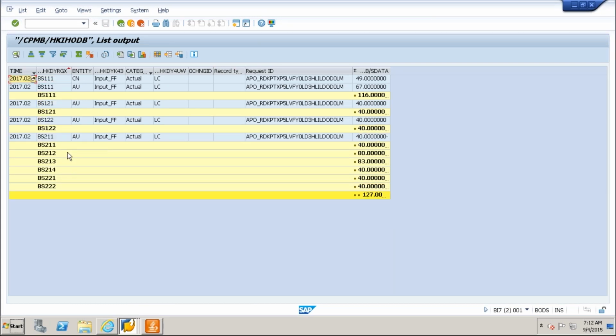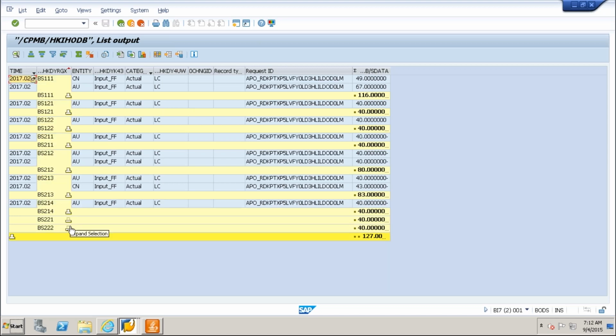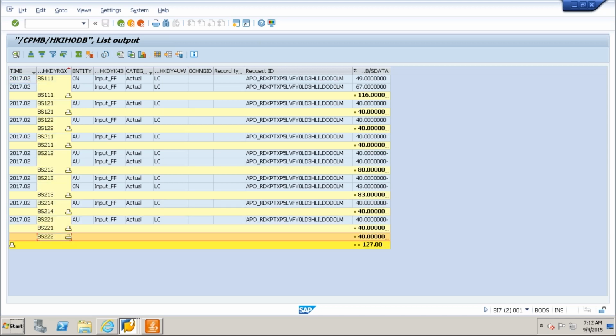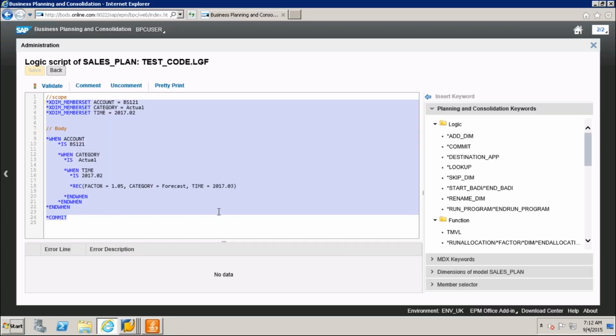Because here we have a simple validation. These are all 9 records, and apart from this, the entities are different. One more record here and another one more record here. Totally 9 plus 2, 11 records. So 11 records are queried out.